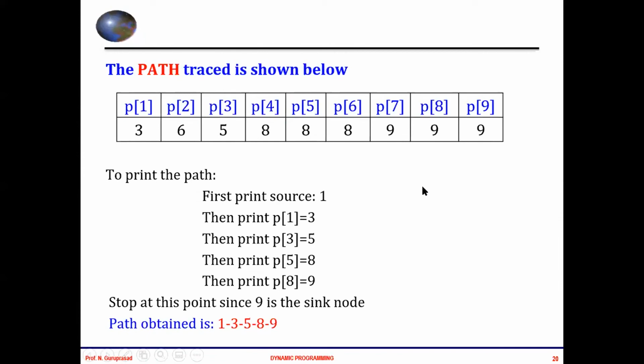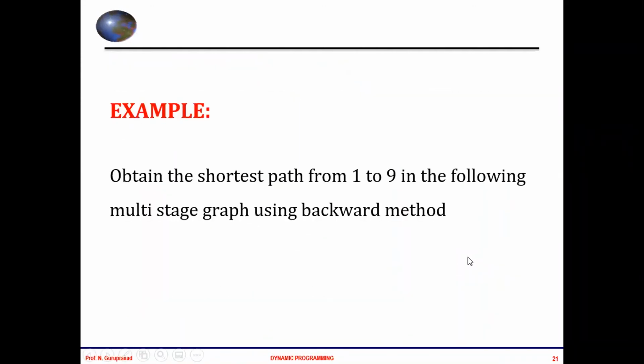So what I was telling was, once you get this path, that is 1, 3, 5, 8, 9, go to your graph and just add all the edges in this particular path and check whether you get the total as 12, because in the previous slide only you said that the minimum cost from source to destination or source to sink is 12. All right, okay. So let us proceed further, and I think the next we can finish off faster because you have understood now.